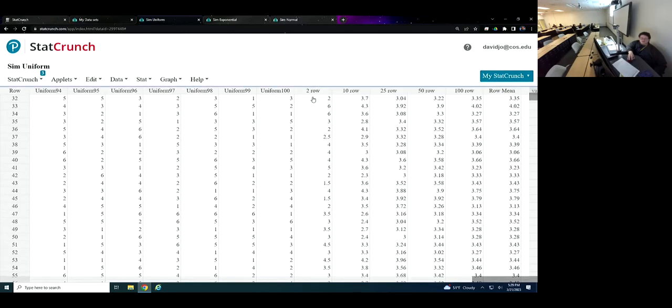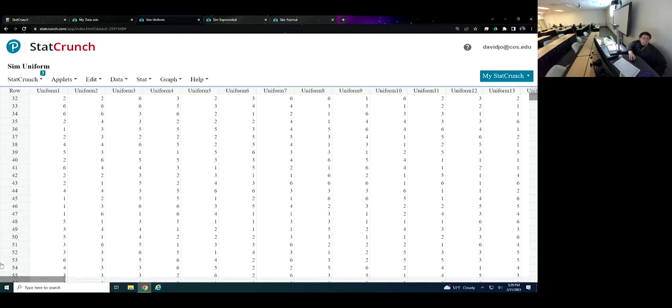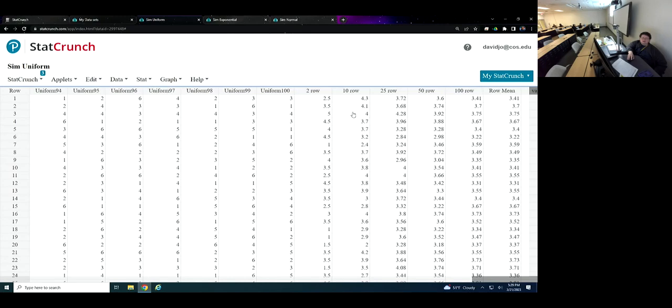So what I did is I found the average. Let me scroll up to the top. The first values here are 2 and 3, and here I have a 2.5. So this column is the average of the first two columns. This is the average of two groups, finding the average there. If I do a histogram on this group,